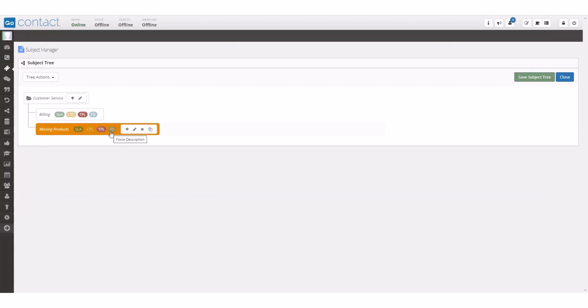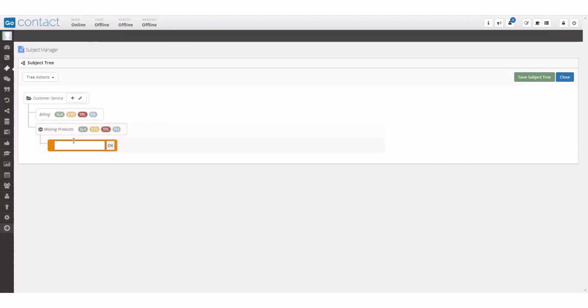I can also add an additional subject tree under the existing subject. For example, if I want to add a subject tree under Missing Products, maybe because they weren't delivered, I can follow the same steps to set the SLA, the contacts, the template associated with this branch, and then I can also force a description. It is important to be as detailed as possible when building subject trees, as they will be used for ticket classification and outcomes, as well as serve as a reference for agents when replying to or